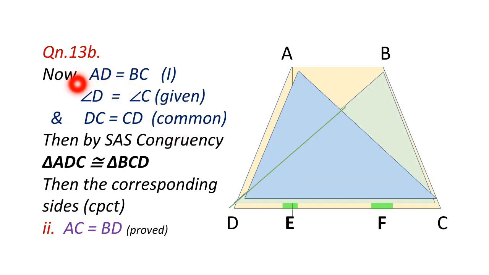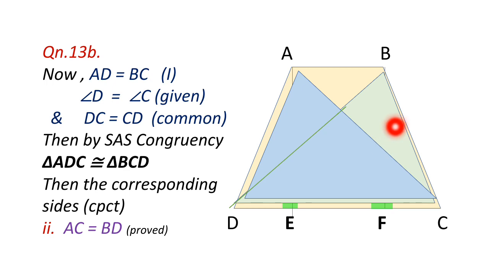13b, we are starting with this AD equal to BC that we have found in the bit 1, and here this C is equal to this D. First see the figure. It is given in the question that we have to prove this AC is equal to this BD, and that's why we have joined this AC and this BD, and now we have two different triangles.